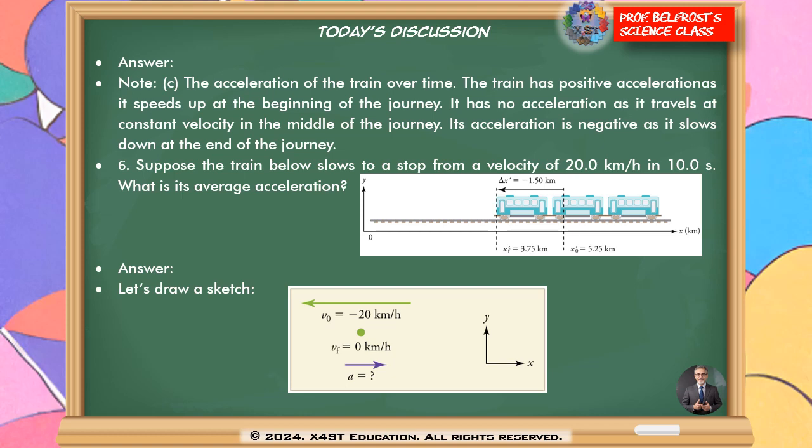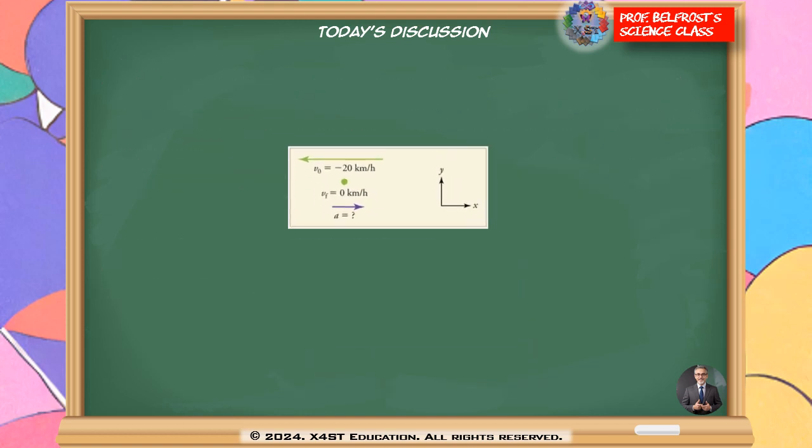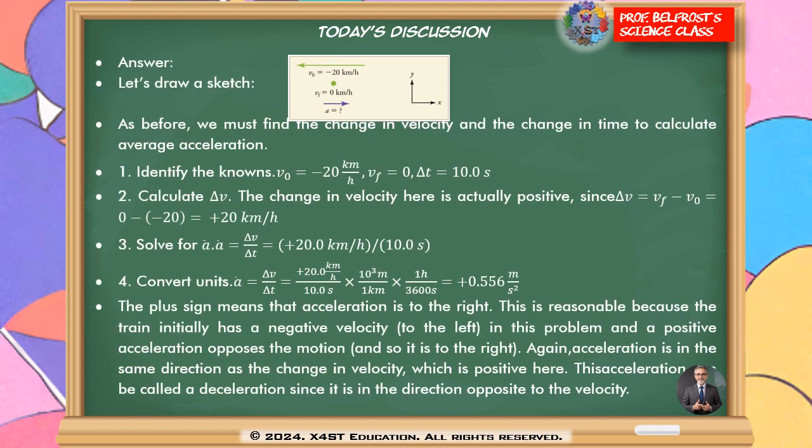Okay. By paying attention to the graph of the problem, actually it's already very clear. But let's draw a much more simplified sketch, like shown on the slide. Then, as before, we need to do some steps. The first one is to identify the knowns, then calculate the delta v, which gives us plus 20 kilometers per hour, and then just solve for the a bar, which is, after doing some unit conversion, we obtain plus 0.556